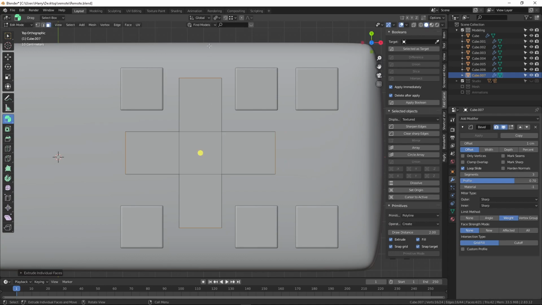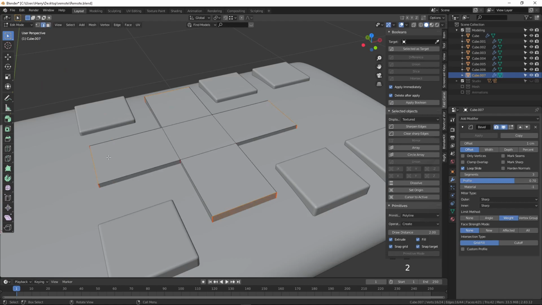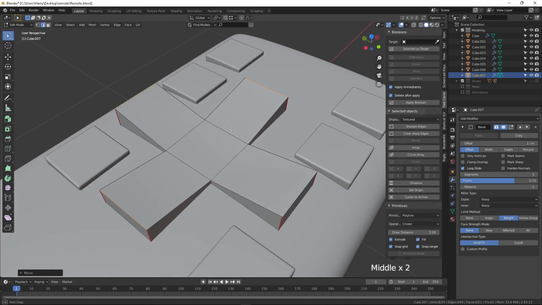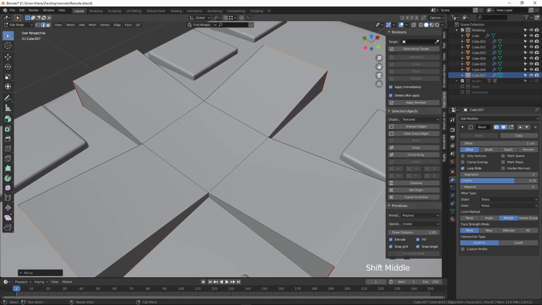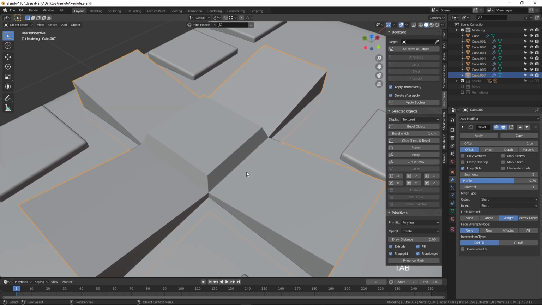Okay, after this select this one, go to the median point and select to the normal, press 2 on the keyboard, select these corner edges and press 1 on the keyboard and GZ to move towards this, and press T to go to the face selection, press I to insert and GZ to make it towards here.